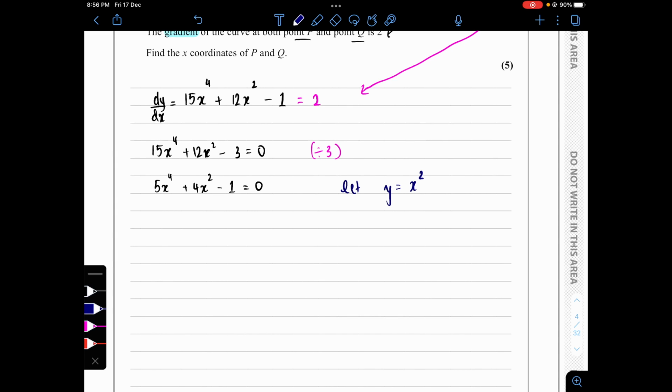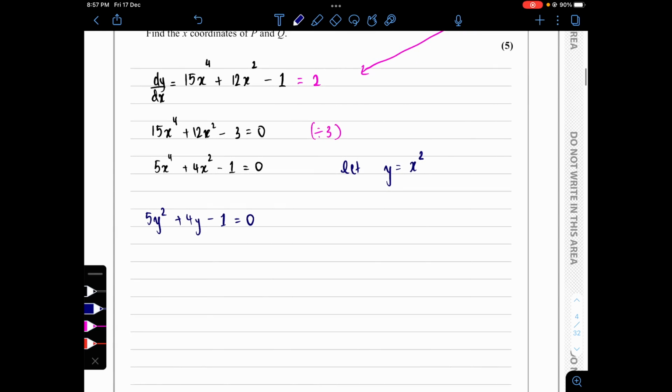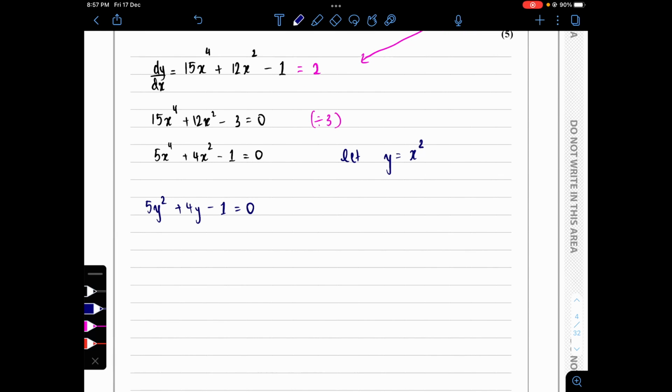And then now this becomes what? This becomes 5y squared plus 4y minus 1 equals 0. Now we can solve this, right? Quadratic equation. We can use a calculator, or we can factorize. Let's see if we can factorize it. I think we can factorize this. So this will now become